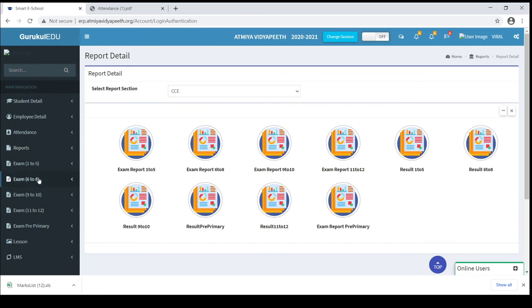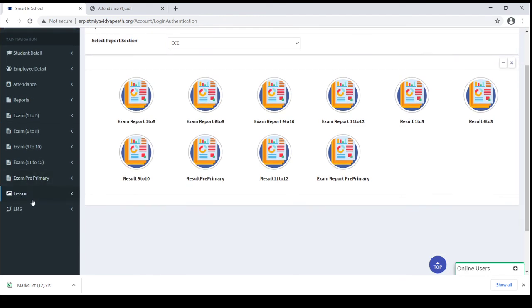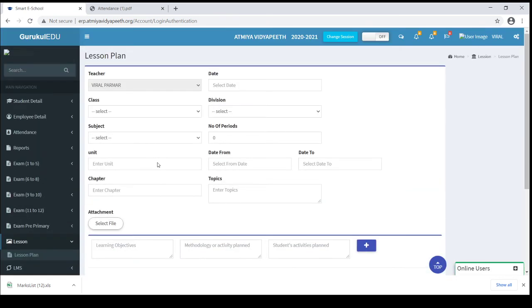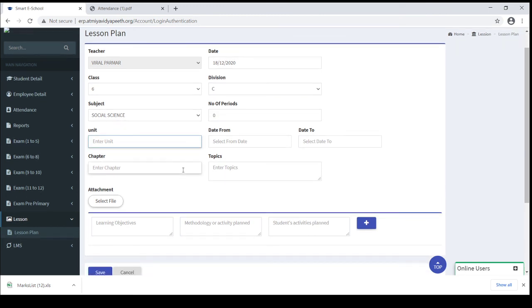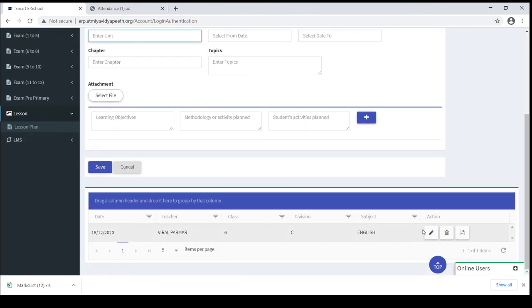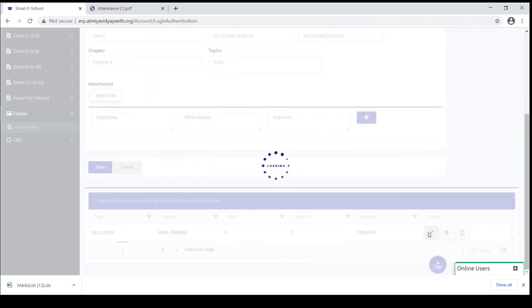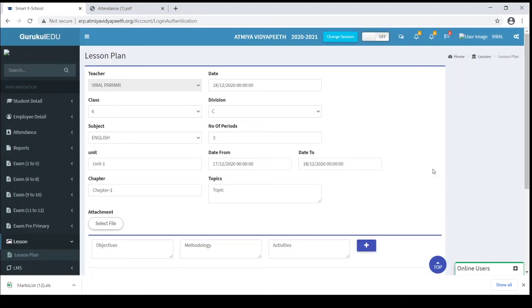Next we will see the lesson plan. Teachers can insert their lesson plan from here. Select date, class, division, subject, number of periods, which unit. Let me open one detail which I have inserted.